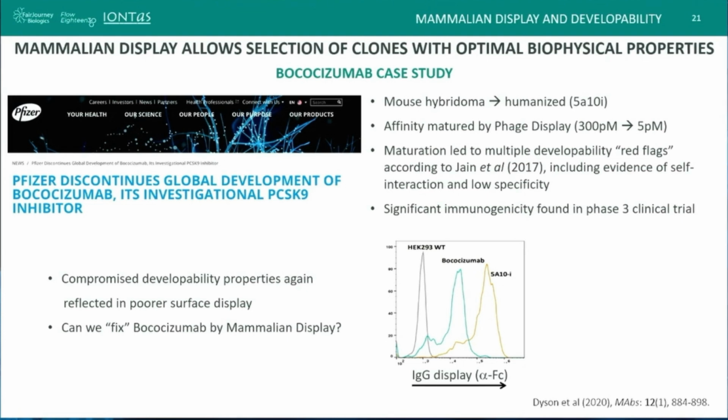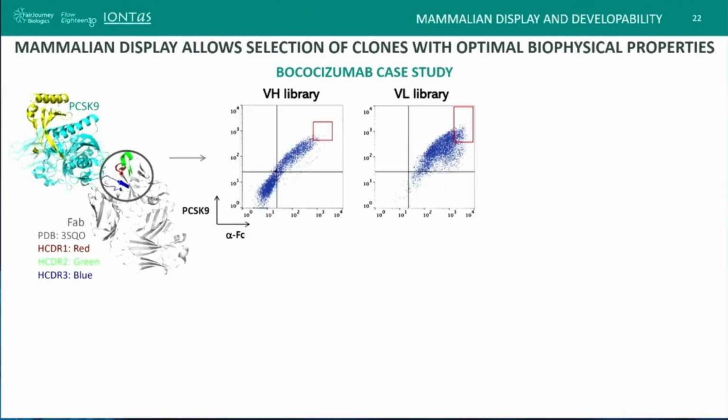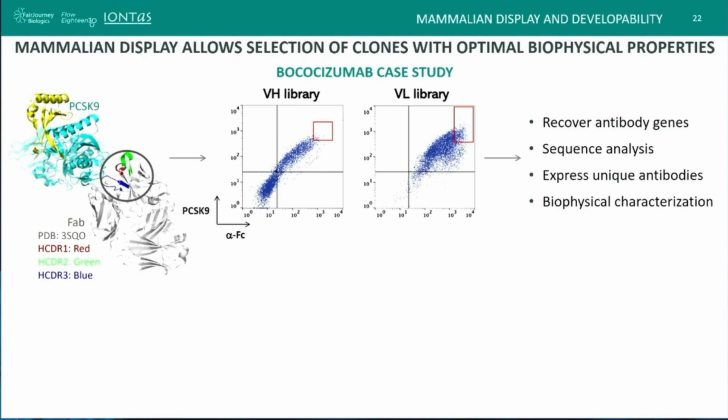But we wanted to know, can you take bococizumab and engineer it, create a library, and engineer improved biophysical properties for this antibody? So there's a crystal structure available for bococizumab in complex with its target, PCSK9. We designed libraries, including both paratopic and non-paratopic regions, which we thought may be involved in contributing to some of these biophysical issues. So we select then for maintained binding, so we don't want to lose binding, of course, and improved display. We recover the genes, sequence analysis, biophysical characterization of uniques. I think we looked at a plate's worth, so 90-odd clones, and they were all improved compared to bococizumab, but